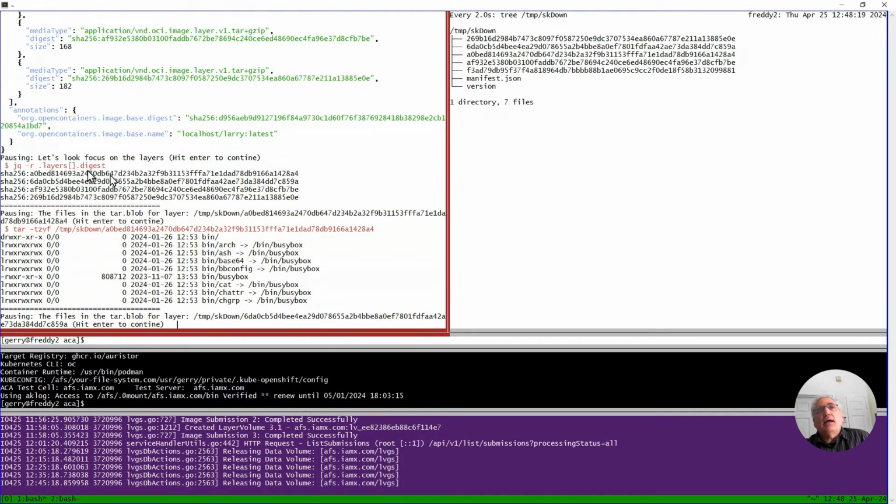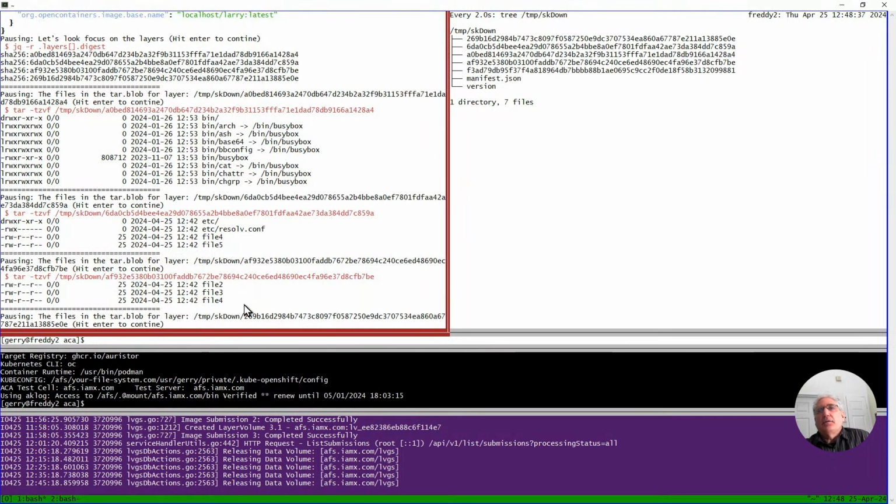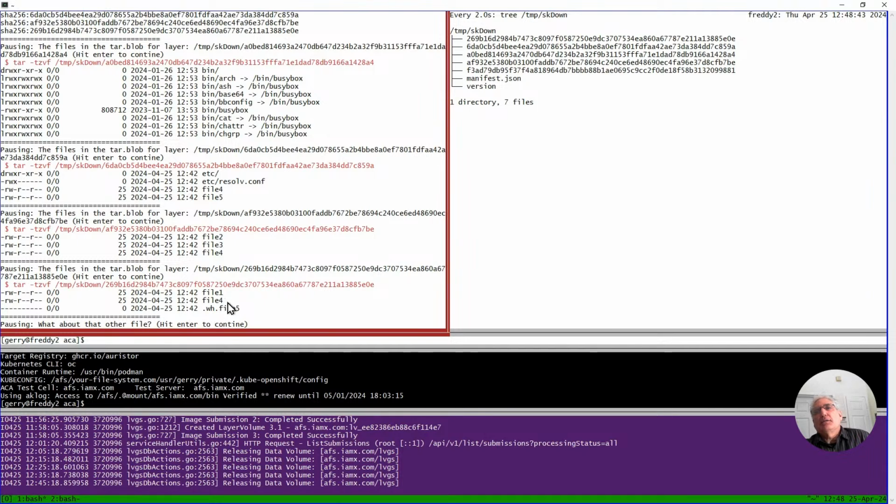So now I'm going to look at the contents of this second one, 6D. And there I see the files from Mo, when I built the Mo container, because that's what it does. It builds a layer each time you do a container build. Then here's the layer corresponding to Larry. And here's the layer corresponding to Mo, the topmost layer.